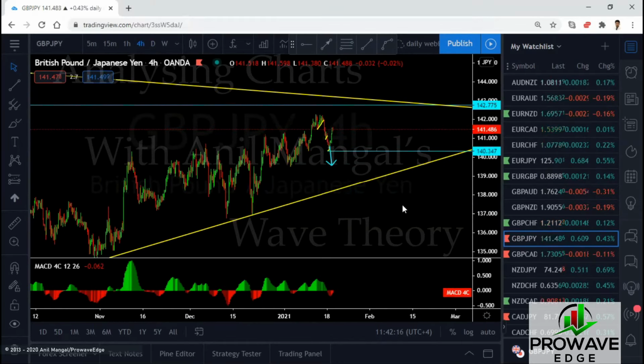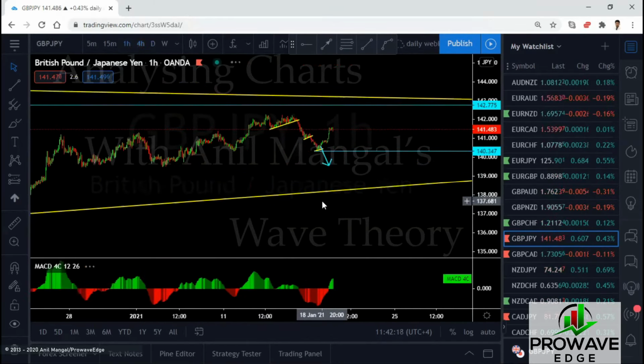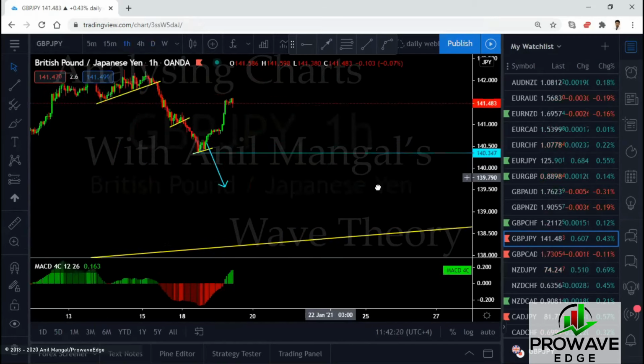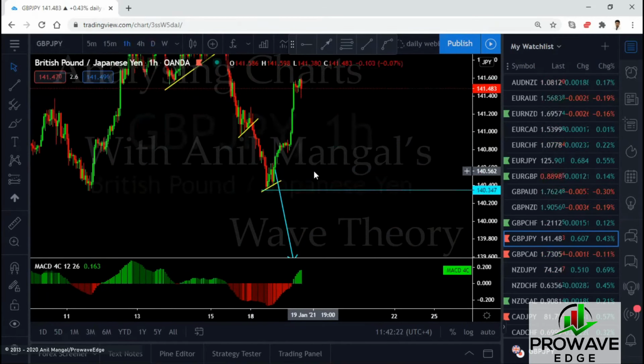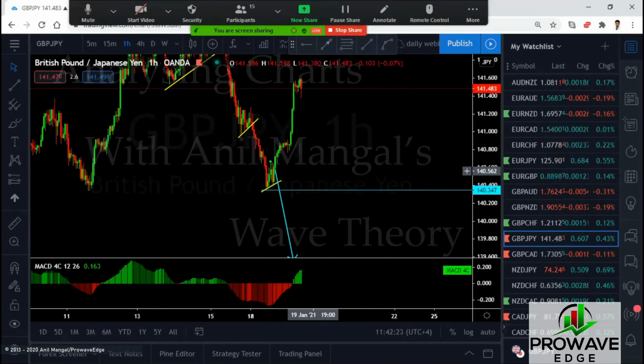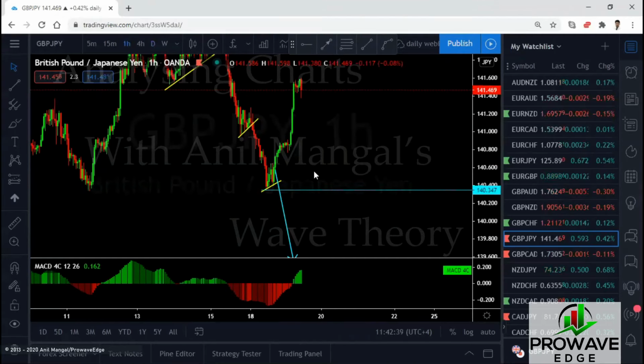So yesterday we were in the trading room and Mohammed suggested, he said, well, it looks like it could go up. And I said, yes, it could, but we can't buy it here. We can't buy it at this point. We have to wait for it to make a flag. And I showed an example here. If this goes up, makes a flag, then we get a buy setup. So if any one of you are trading in the Asian session, that was your trade setup. I don't know if anybody was there this morning, and if you took the trade, we'll check that later on with the group after we finish here. But that was your buy setup.